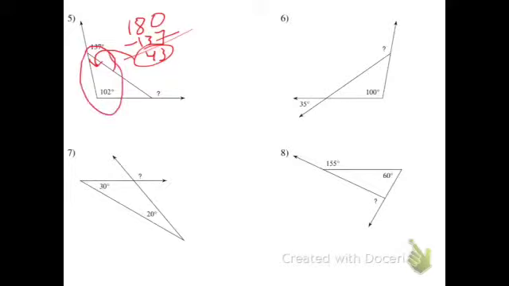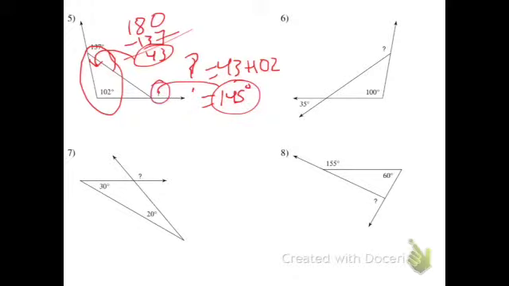These two angles equal this one, so if you add these two angles together, you'll get this question mark one. So the question mark is going to be, that's a hideous question mark. Question mark equals 43 plus 102, which is going to give you 145 degrees. So that's your question mark there. On 6, remember that when you've got two intersecting lines, the opposite angles are congruent. So this angle here is 35. These two added together gives you that angle. 100 plus 35 is going to give you 135 for your angle there,